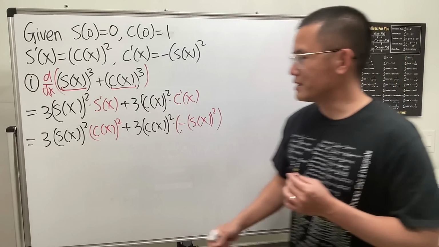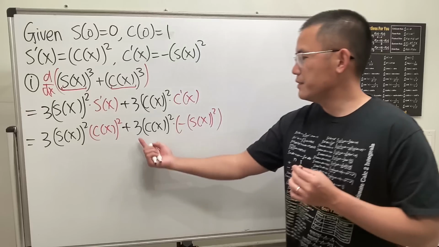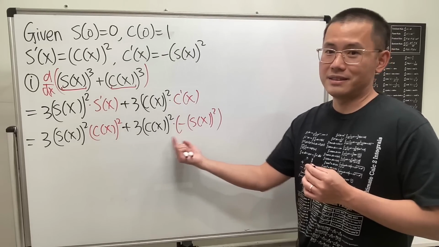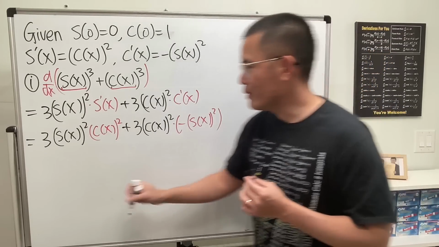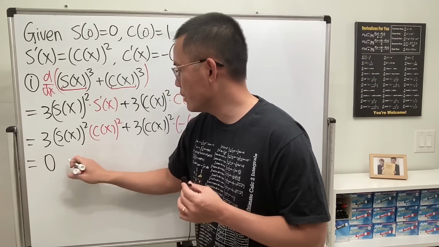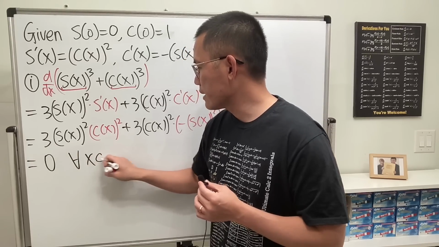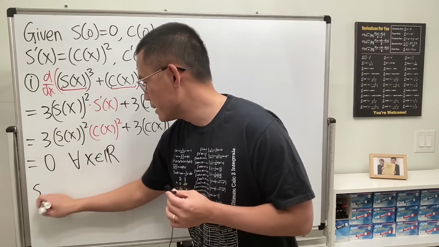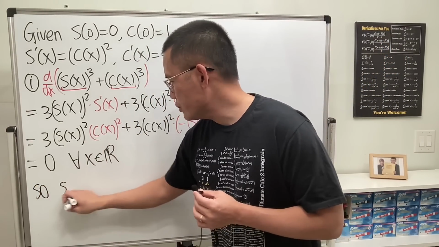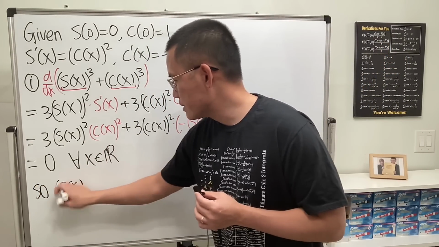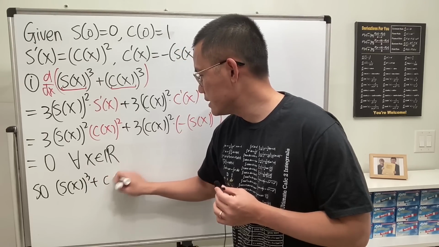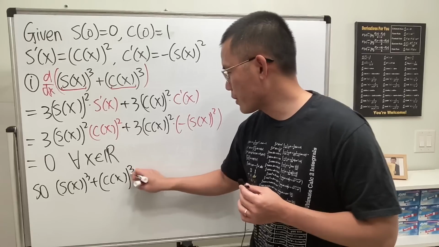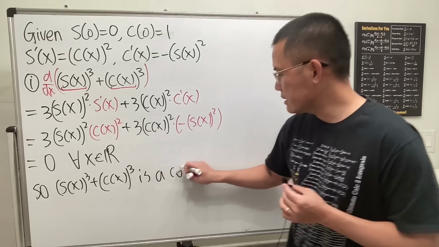Now, as you can see, this term is positive, this and that are the same, and that is the negative term. So all in all, this is equal to 0, and we can say that's true for all x as a real number. So that means our expression s of x to the third power plus c of x to the third power is a constant